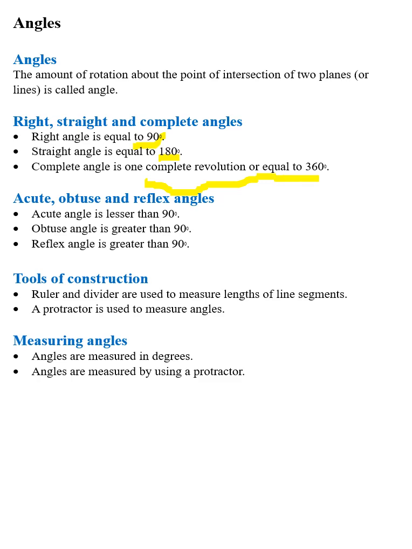Acute, obtuse and reflex angle. An acute angle is less than 90, an obtuse angle is greater than 90, and a reflex angle is greater than 180. Tools of construction. Ruler and divider are used to measure the length of line segments. A protractor is also used to measure the angles. Measuring angles. Angles are measured in degrees. Angles are measured by using a